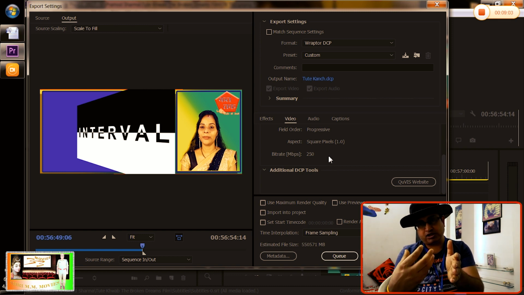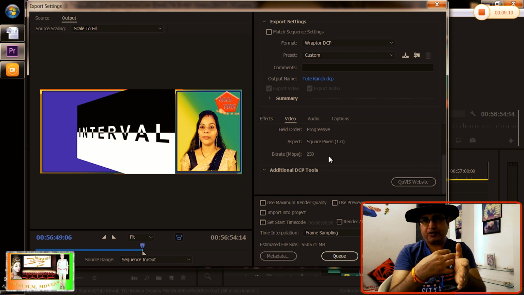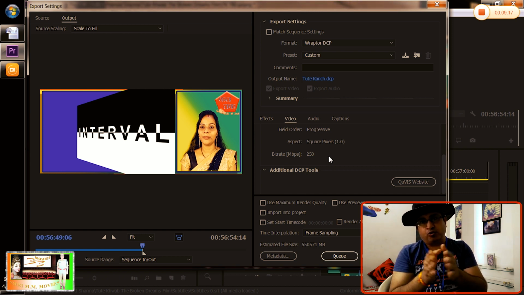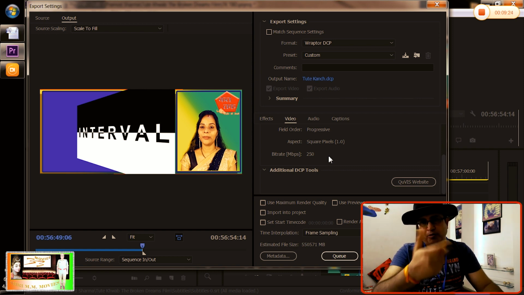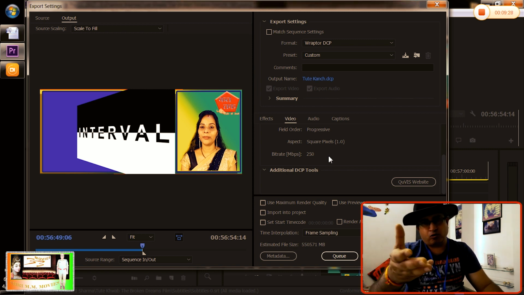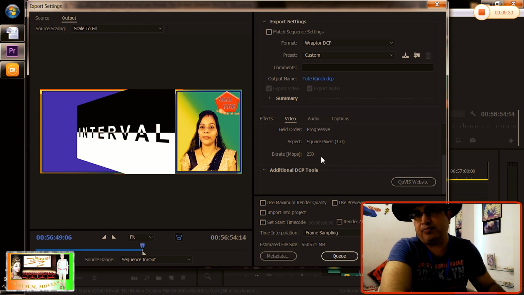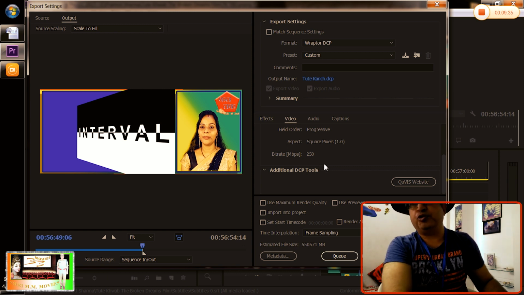So you can understand that as much data as you allow to go inside your camera or mobile, that much clarity your picture and your video will have. So we need to shoot at as many Mbps as possible. It will certainly create a huge amount of size for the files, but ultimately you can't compromise on the quality. So you need to shoot on a higher bitrate, and here it's by default 250 Mbps. So you can go ahead with this.